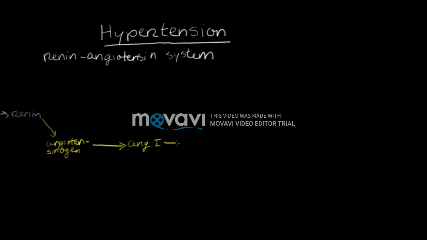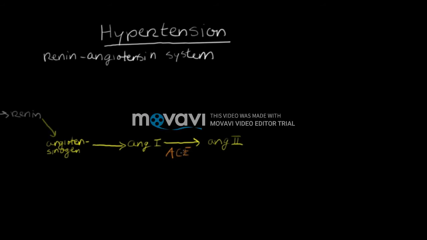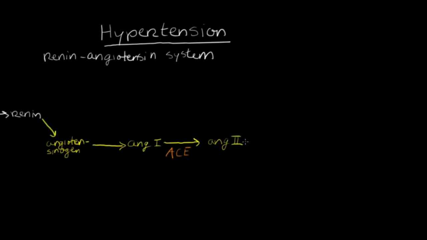Then there's an enzyme that is going to convert angiotensin 1 into angiotensin 2. And the name of that enzyme, let's do that in orange, is going to be ACE. And that stands for angiotensin converting enzyme. It converts angiotensin 1 into angiotensin 2. And the significance here is that angiotensin 2 is going to be the most potent vasoconstrictor